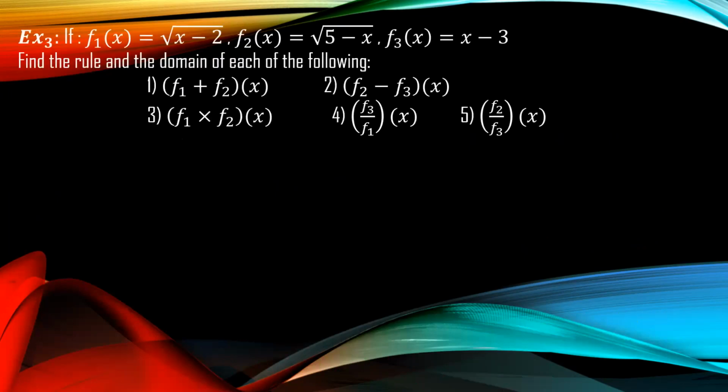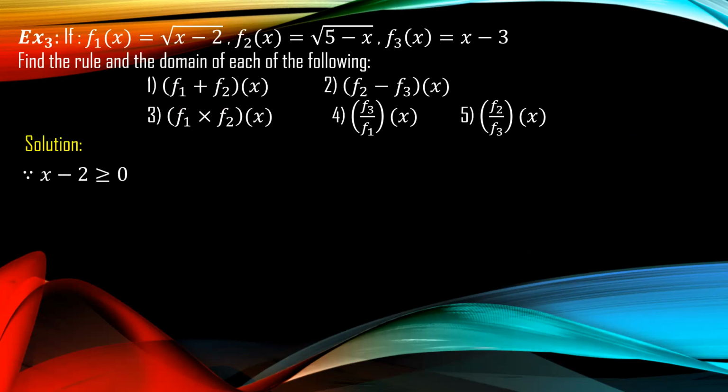Exercise number 3. If f1 of x equals root x minus 2, f2 of x equals root 5 minus x, and f3 equals x minus 3, find the rule and the domain of each of the following: f1 plus f2, f2 minus f3, f1 times f2, f3 over f1, f2 over f3. Solution: